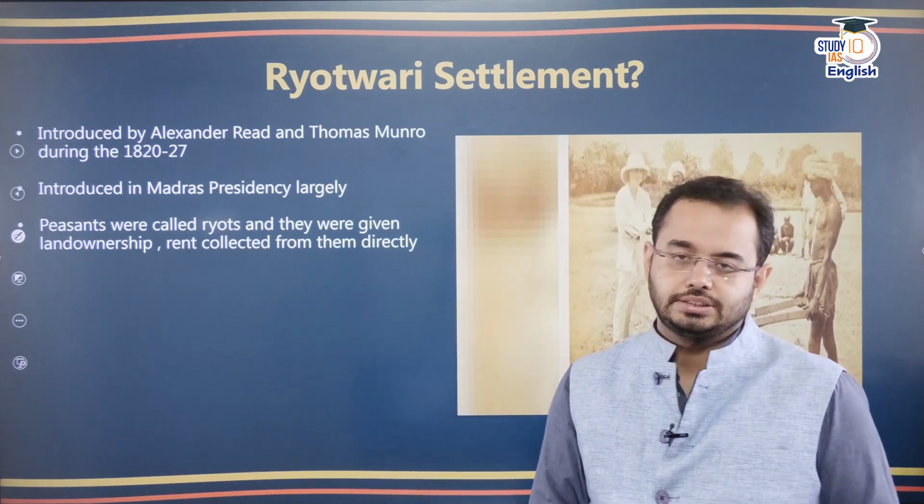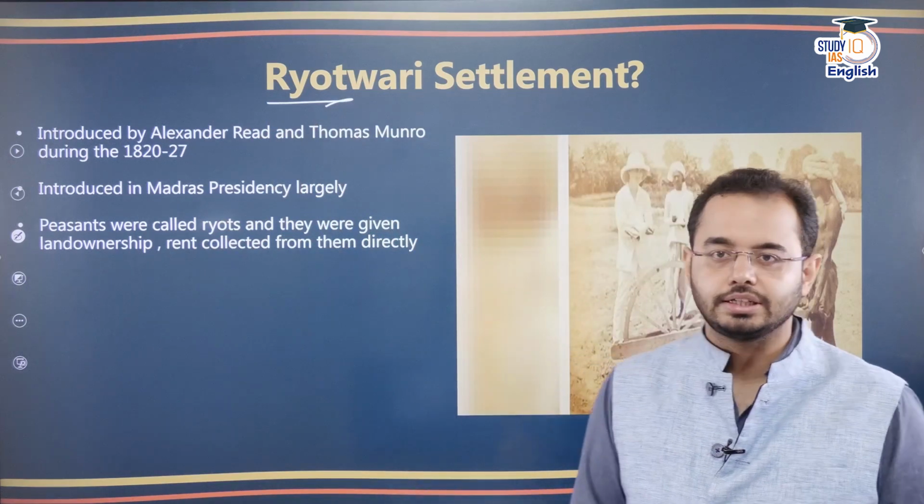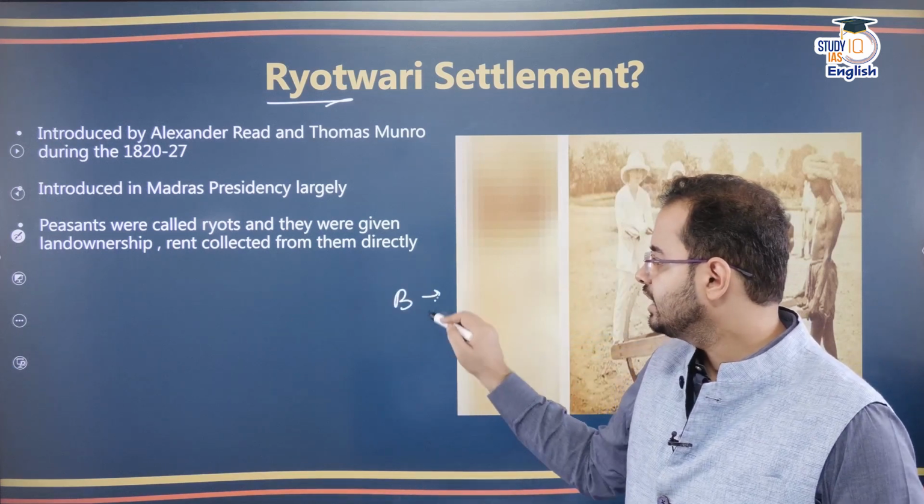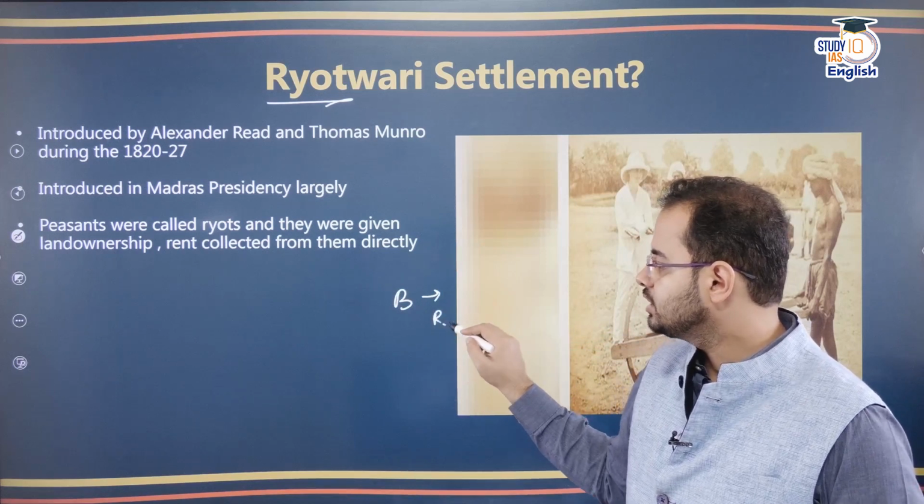What was there? Peasants were directly called as the point of revenue collection. See, Rayathwari means, Rayat means, actually in Hindi it is, or the Persian word is Rayat. Okay? Rayat means in a way common farmers. Now from the word Rayat comes Rayathwari, that means the British government was directly dealing now with Rayats or